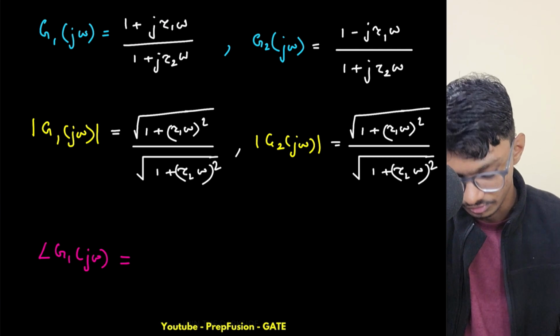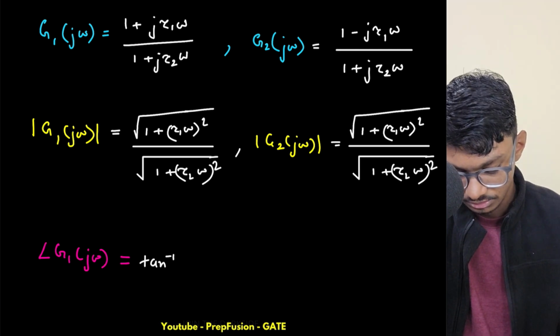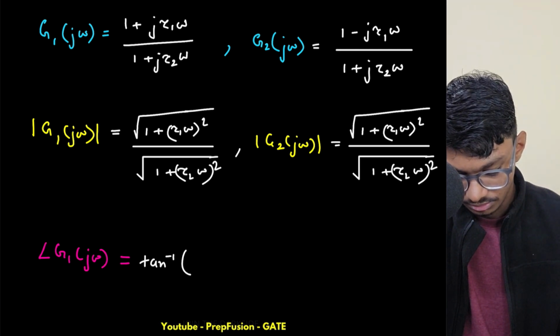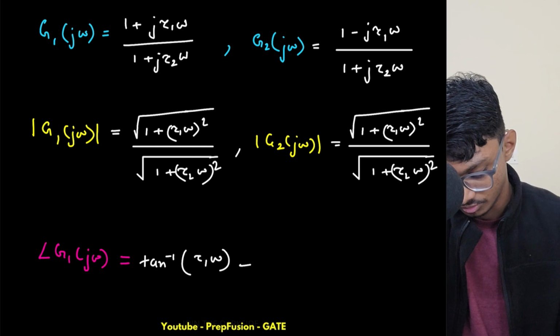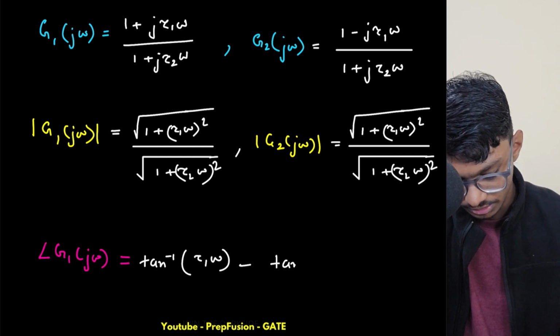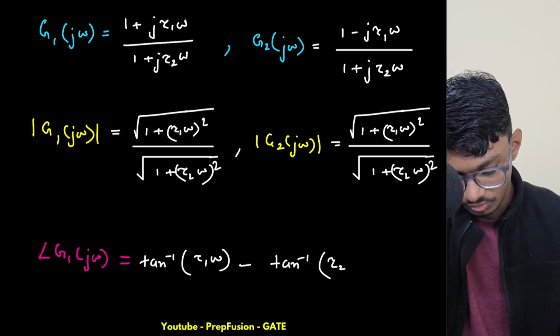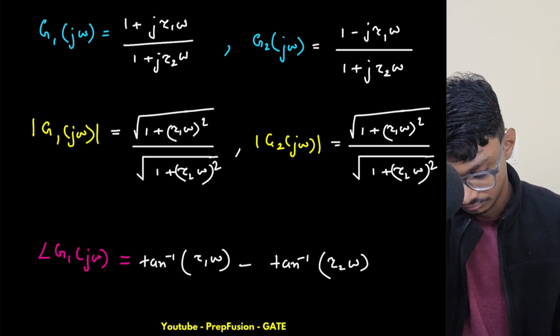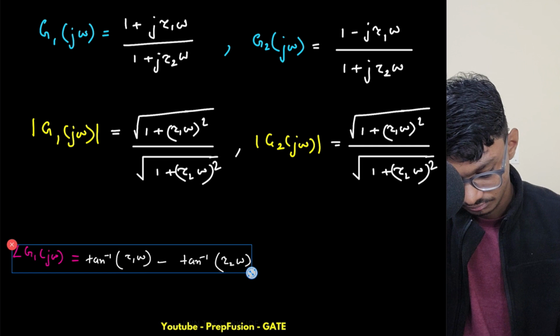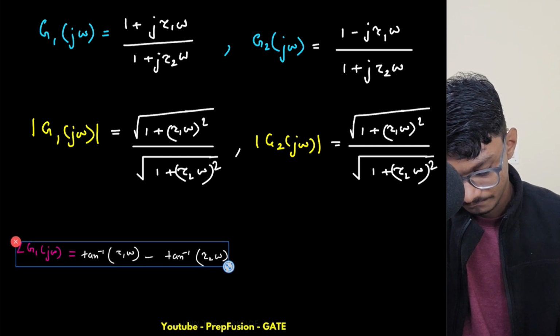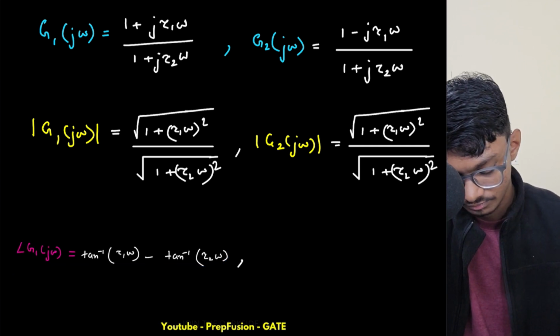The normal method we will use, which is tan inverse tau 1 omega minus, now this is due to the zero, and let's do it due to the pole, so we'll just reduce the size of this one, tan inverse tau 2 omega due to the pole. Okay, now